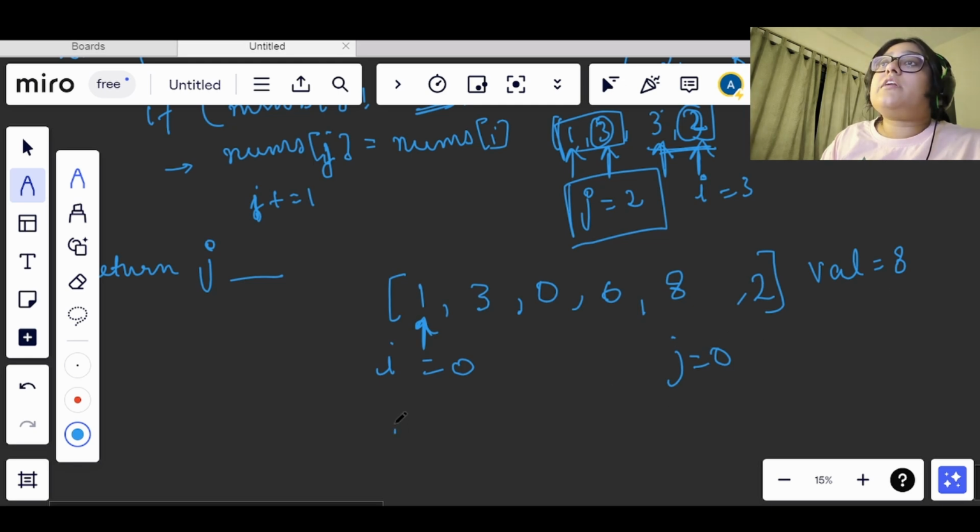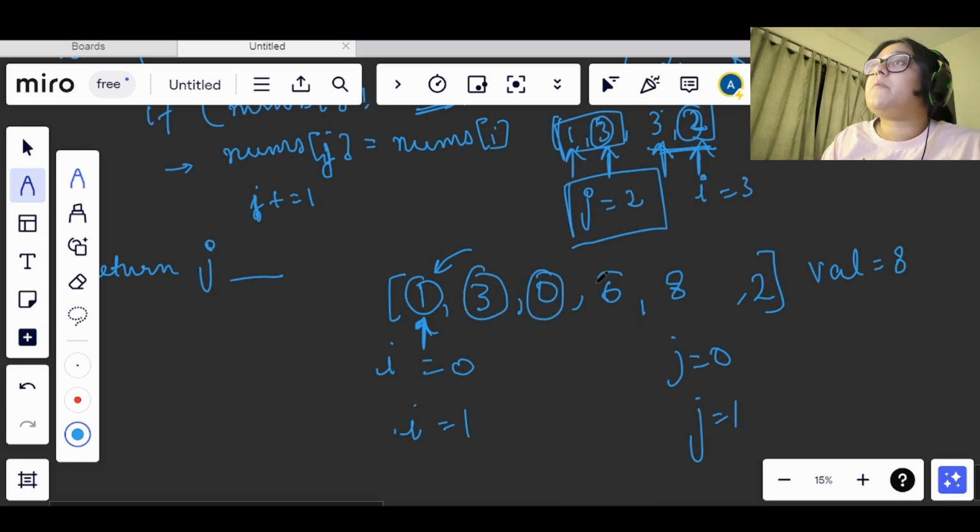So at this index, the value will be inserted at j and we will move forward. So i will become 1, j will also become 1, and in the same way 3 will remain, 0 will also remain.